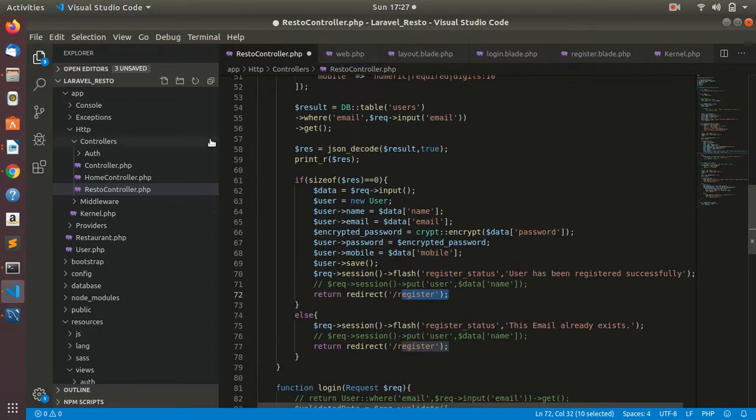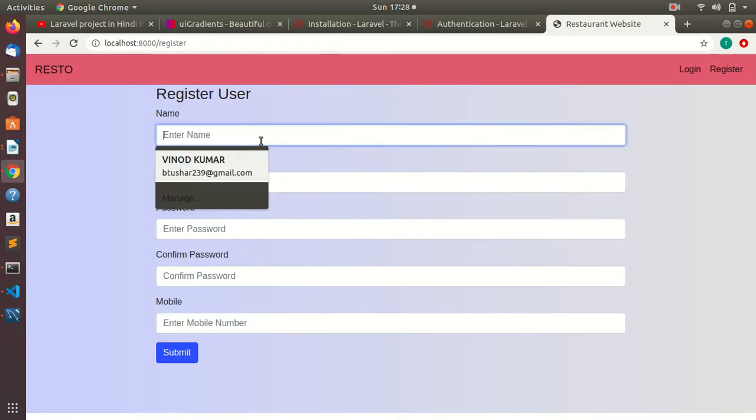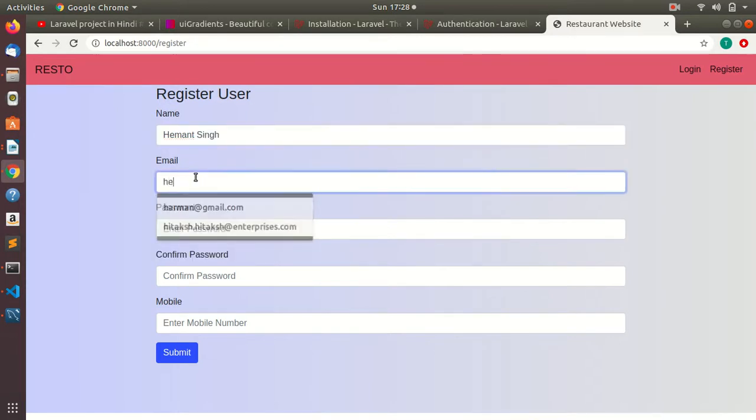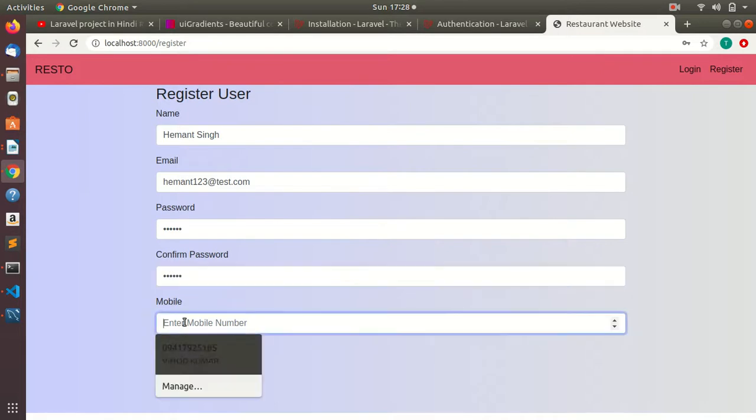You can see that when we enter our data, for example, let's enter the name Hemant Singh, email Hemant123@test.com. The password needs at least 6 characters, as we have the validation.